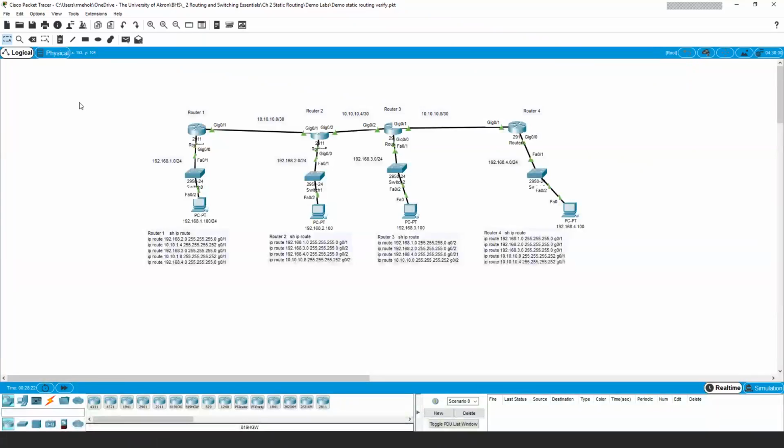Static routing. This demonstration is on verifying static routes. First thing we want to do, look at the IP scheme. We have a